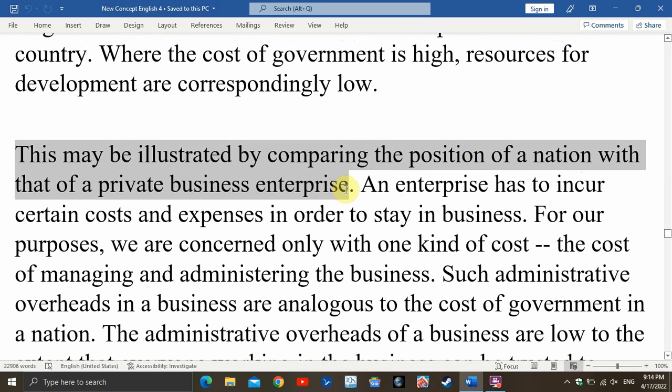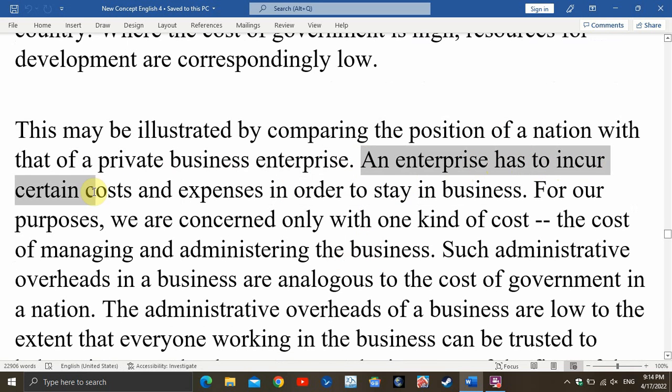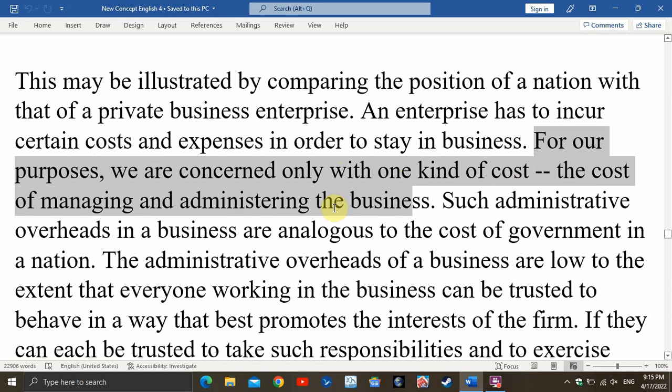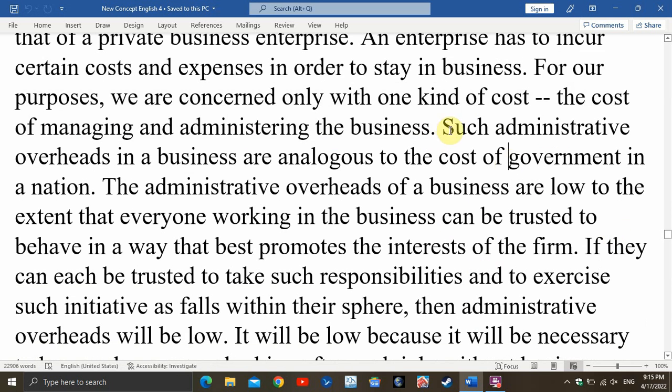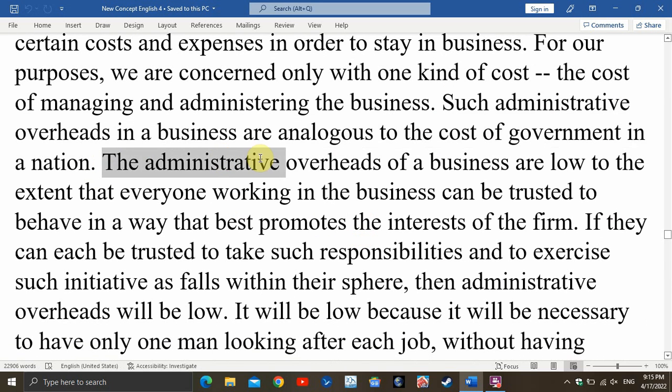This may be illustrated by comparing the position of a nation with that of a private business. 这是一句简单句。An enterprise has to incur certain costs in order to stay in business. 这也是简单句。For our purpose, we are concerned only with one kind of cost, the cost of managing the business. 这也是简单句。Such administrative overheads in a business are analogous to the cost of government in a nation. 这也是一句简单句，对吧？